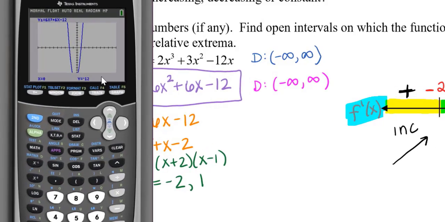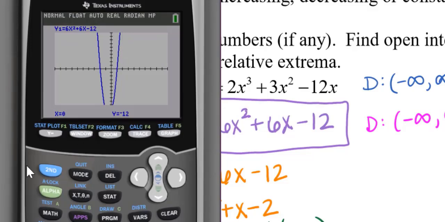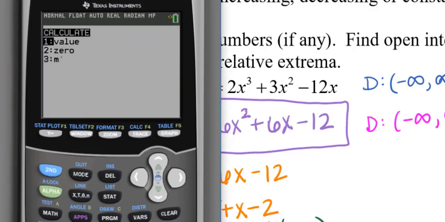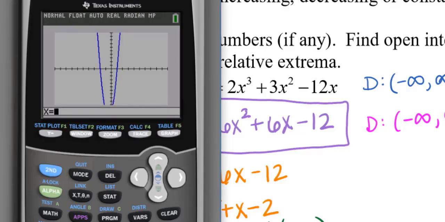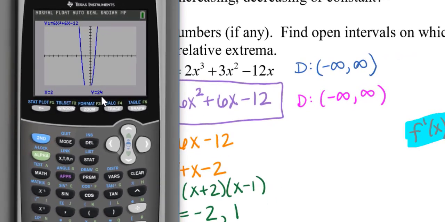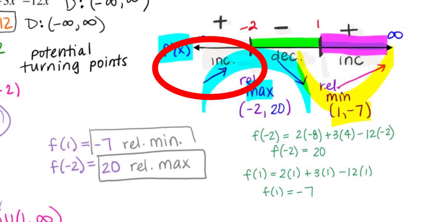And then I look at values for x greater than 1. Maybe I calculate a value at x equals 2 or 1.5 or 3 or 4 or 5, and I again get a positive y value. The 24 doesn't really matter, it's just the fact that it's positive that does. And so I would say my original function in that interval is increasing.